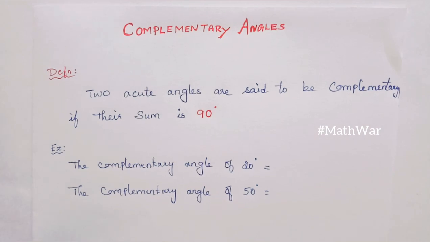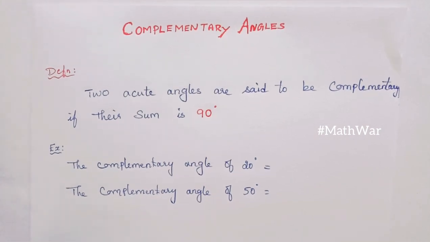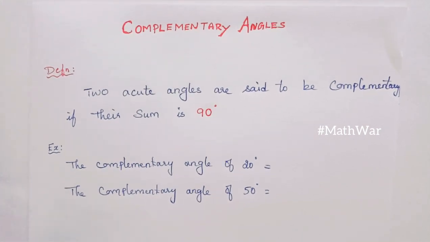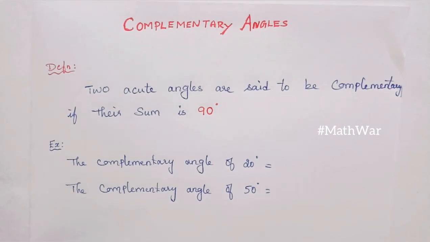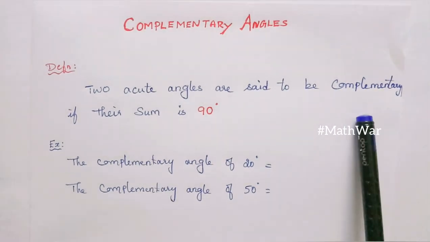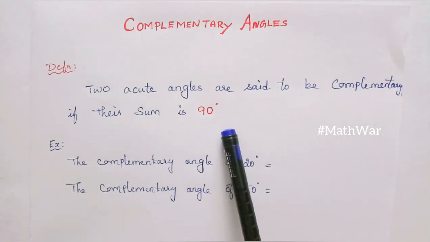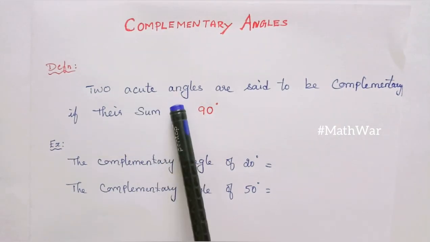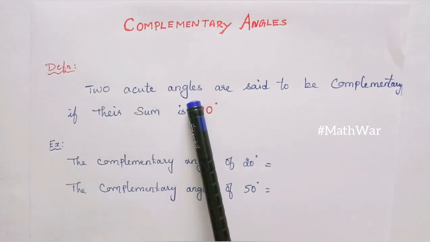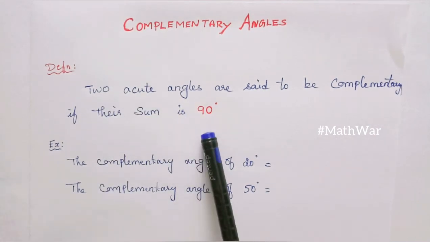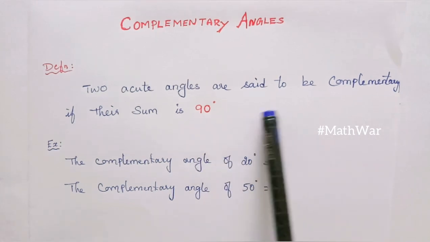In this class, we are going to learn complementary angles. First, we will see the definition. Two acute angles are said to be complementary if their sum is 90 degrees. Two acute angles we should take. Acute angle means less than 90 degrees. Two acute angles we should take, and if their sum is 90 degrees, those two angles are said to be